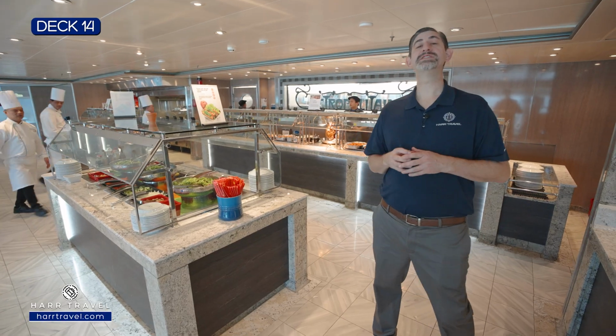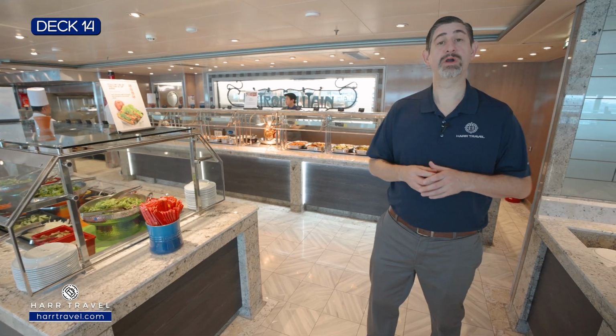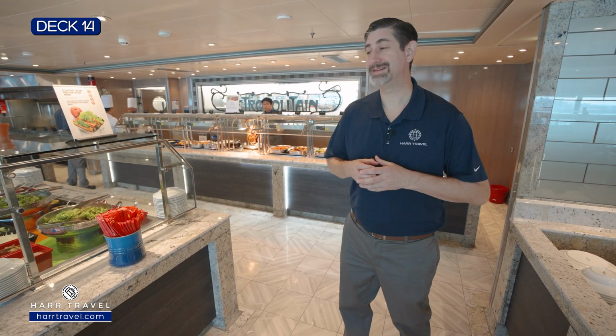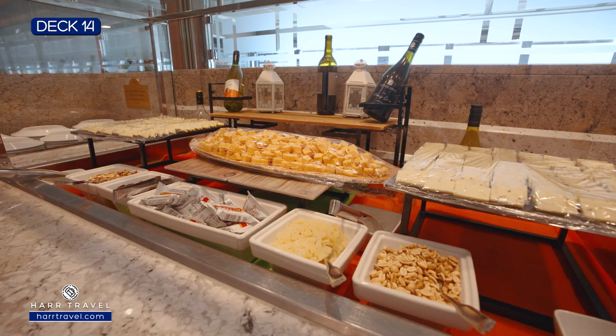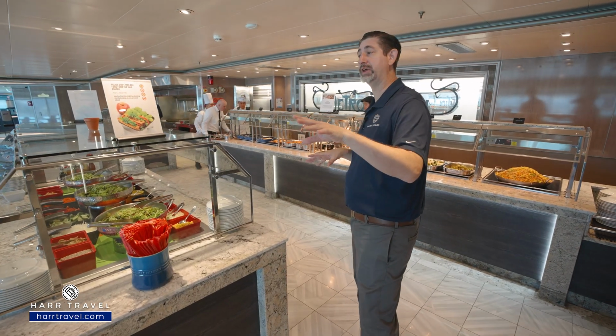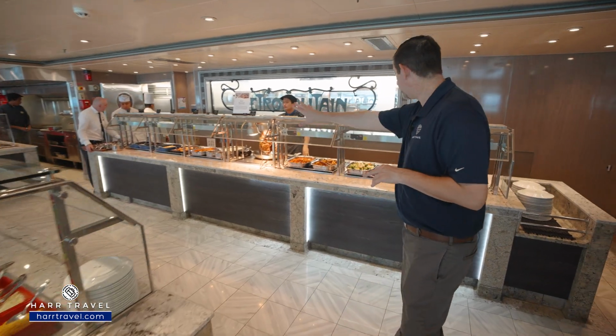Now the Horizon Court is the main buffet style eatery here on board. Fast and casual for breakfast, lunch, and dinner each day, and they also have it open later into the evening. Now you're gonna have charcuterie style on the welcome in. You're also gonna find that you have several different kinds of salads. They have some ready to go, some that they'll make for you, and then you've got a whole array of